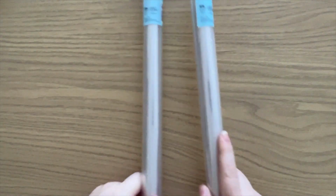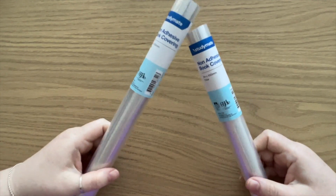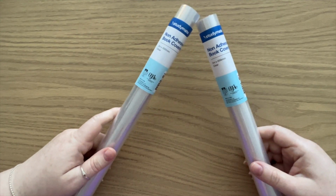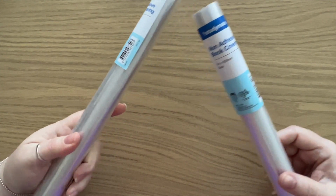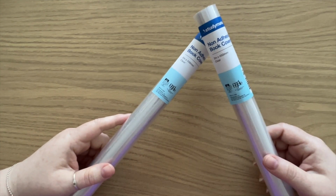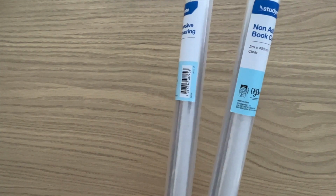Then I also bought a couple of rolls of non-adhesive book covering plastic. I got these from Officeworks here in Australia, and I'm going to cover some of my colouring books in these because the covers are getting a bit distressed, and I don't want them to be distressed in books that I colour in a lot. I specifically wanted some without the adhesive on it, particularly for my Ivy and the Inky Butterfly book, because I haven't coloured the cover yet, and I do want to do that at some point, so I didn't want something that would stick down on the cover that I couldn't remove to then colour. So I've got a couple of rolls of that, and I'm looking forward to covering my books